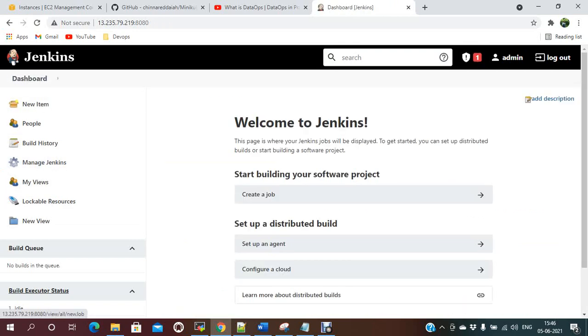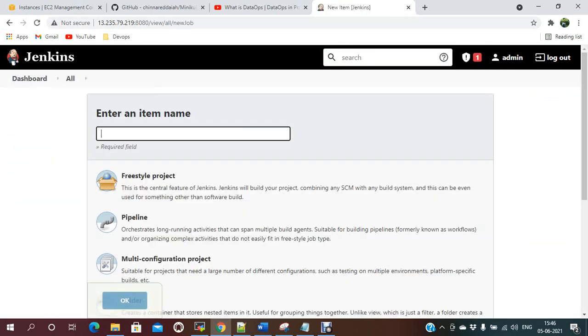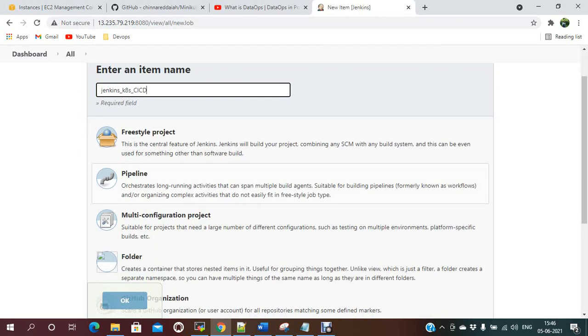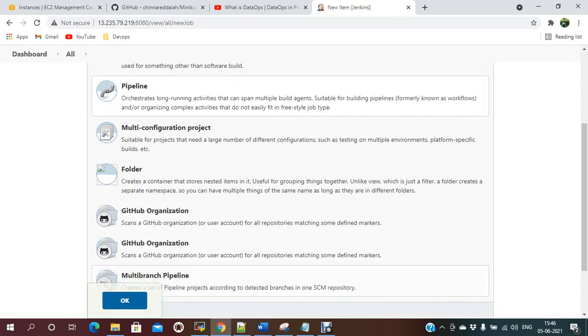Now let me go to the dashboard, new job, Jenkins Kubernetes CI/CD, continuous integration and continuous deployment. Pipeline.